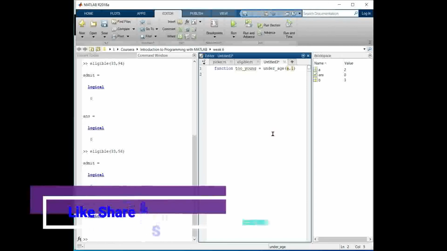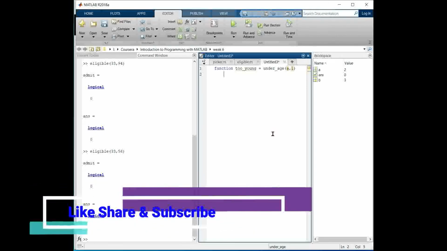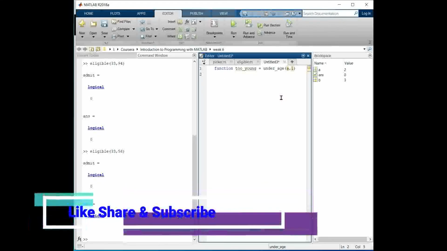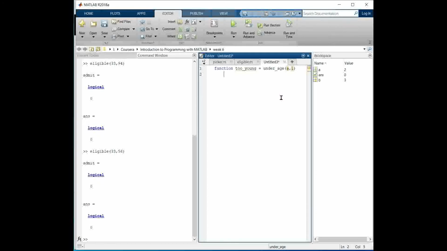We have to take a default input as well. If two inputs are provided, it will be okay. If only one input is provided, then there is one value of nargin. nargin is equal to 1 if we didn't provide the second input. So we can make an if statement condition there.